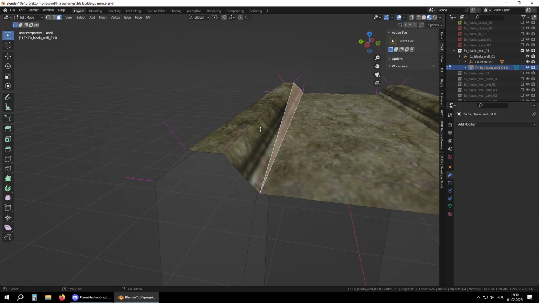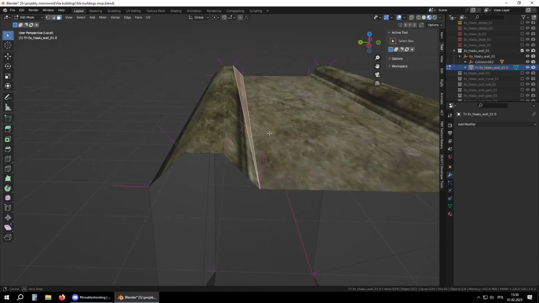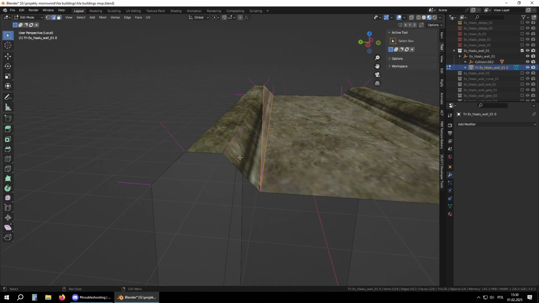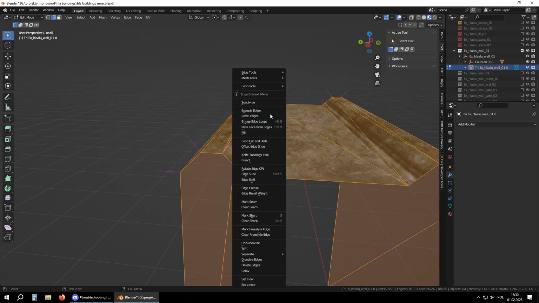Some balance between lengths of those edges. I'm not sure of the math behind it all in Blender, but if we convert it